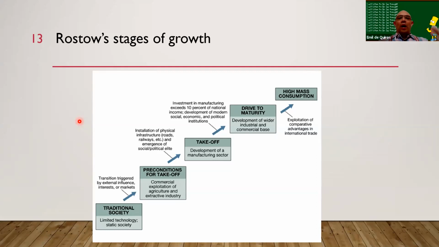So they're saying, for stage 2, once agricultural trade blooms, there's more commerce, then that's the time the country builds more infrastructure, connectivity, etc. There are social classes beginning to emerge. Once you really have good connectivity and good infrastructure as a backbone, then that's basically your jump off point to the takeoff stage. And the takeoff stage really is one of the main features is really a robust manufacturing sector.